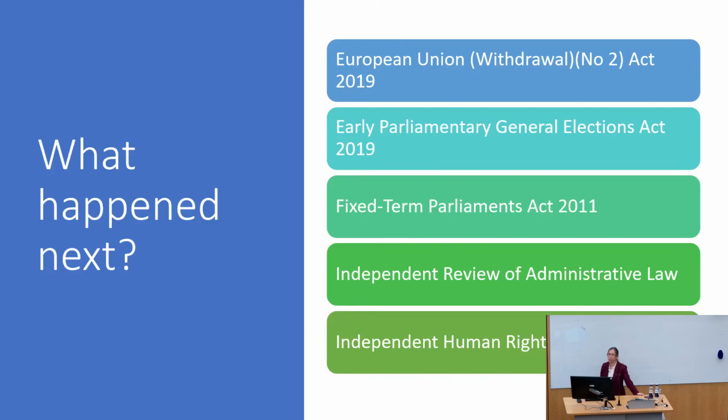That's ongoing. The Independent Review of Administrative Law has led to the Judicial Review of Courts Bill. It got its third reading yesterday. It's currently being criticised by the House of Lords who've proposed amendments. It's going back to the House of Commons. Eventually, in the next 3 or 4 weeks, that will appear.